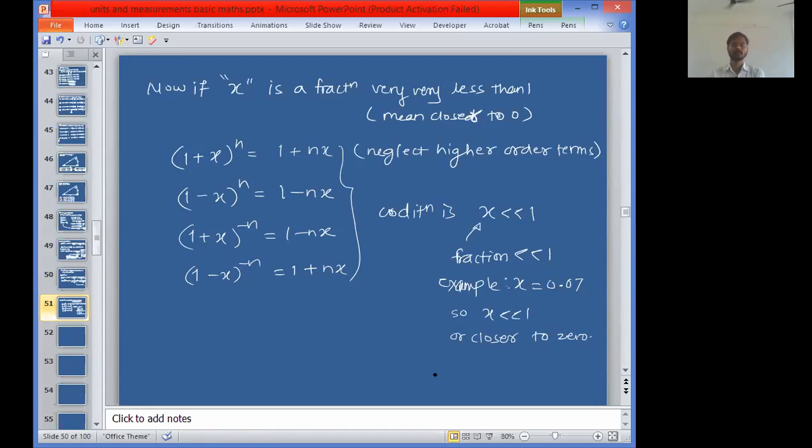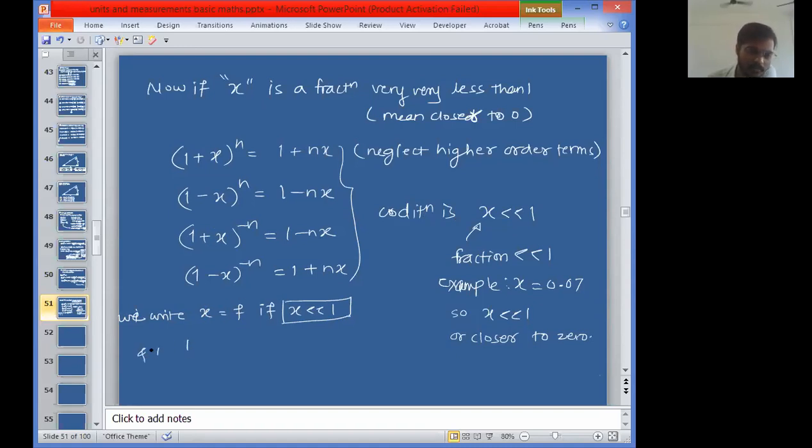Okay, in such cases you will say that x is very less than 1, 1 पेक्षा तो फारच लहान आहे, किंवा closer to 0 आहे. Okay, it is closer to 0. And generally, when x is a fraction, in that case I write x as f. Okay, here onwards we write x equal to f if x is very less than 1. x जर very less than 1 असेल तर इथून पुढे आपण x ला f च म्हणायचं आहे, म्हणजे कळते ना ते आपल्याला तो फ्रॅक्शन आहे which is very less than 1.